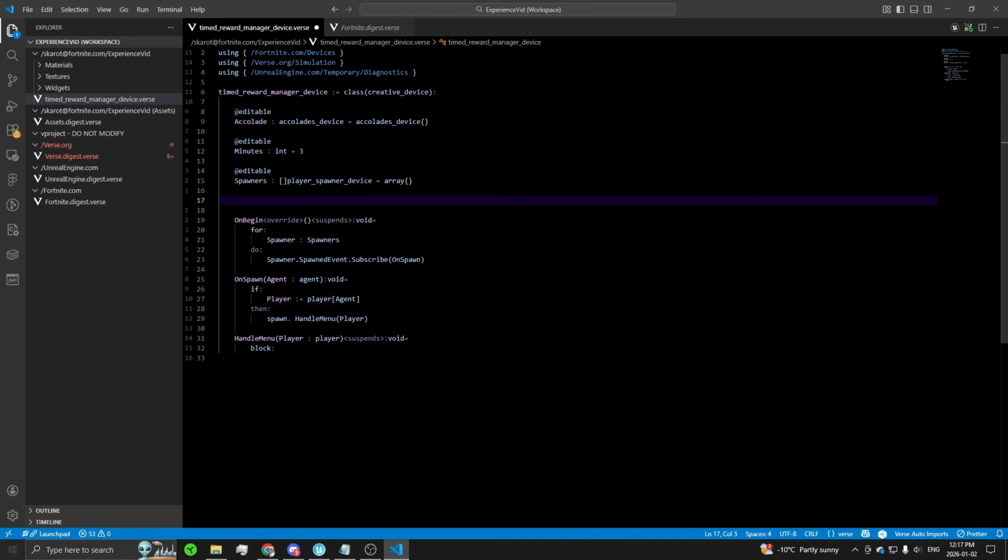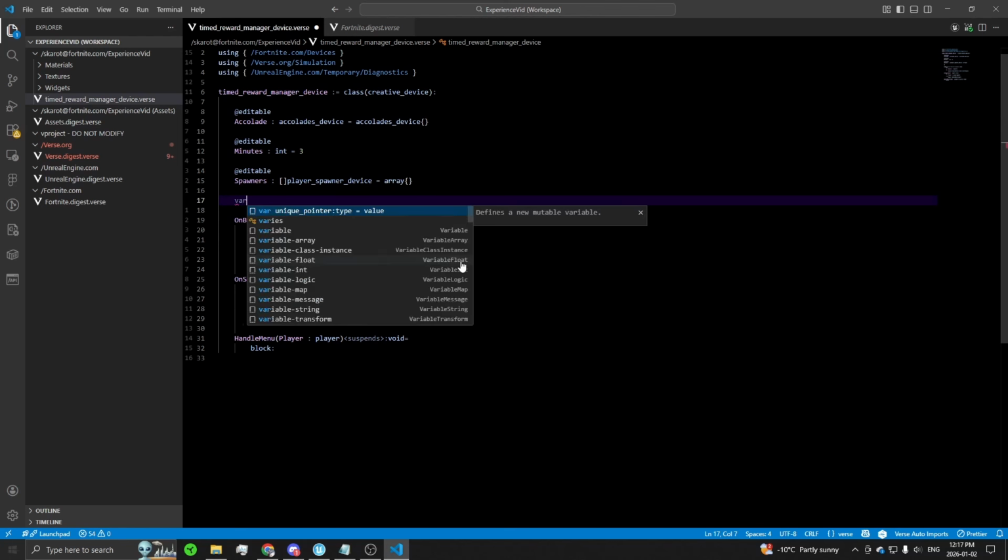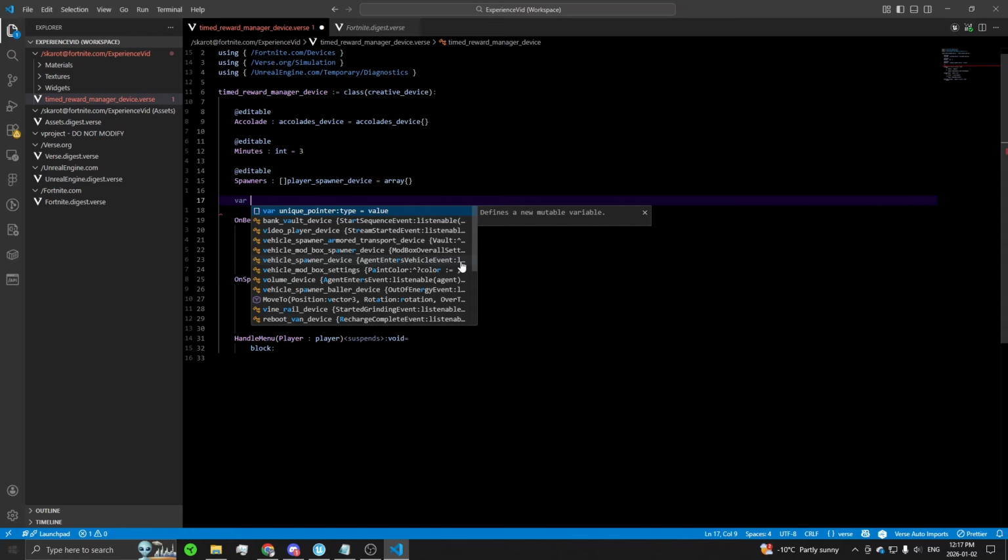So it'll be tracking their XP twice, which is not great. And it'll happen every other time they respawn too. So we'll need a way of tracking who's being watched right now. We can do that using a map. So we can say player tracker